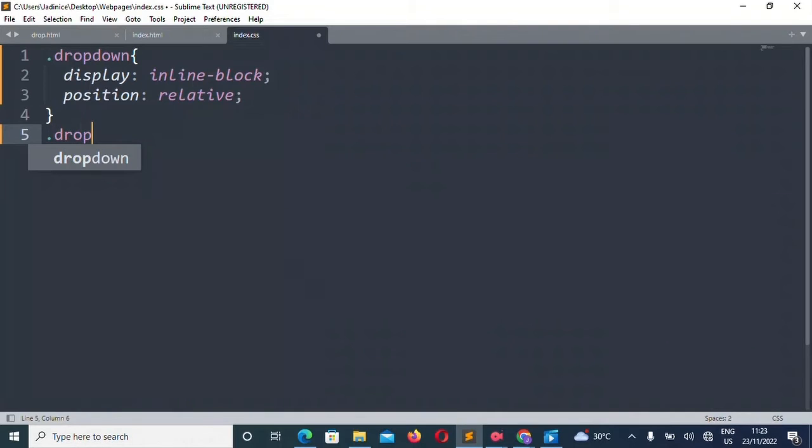The next thing we're going to style is the drop down content.